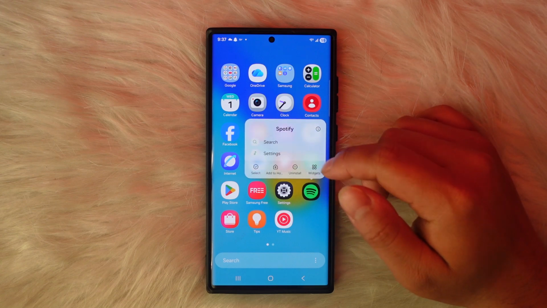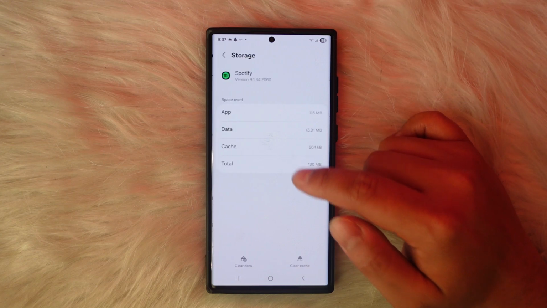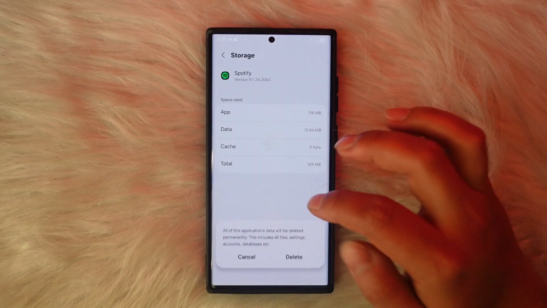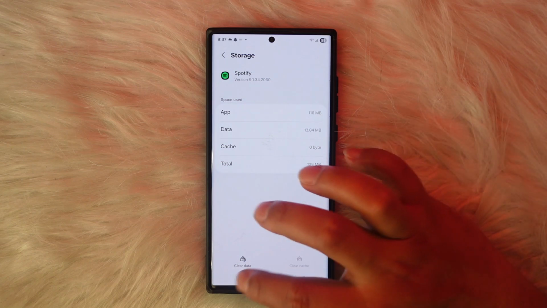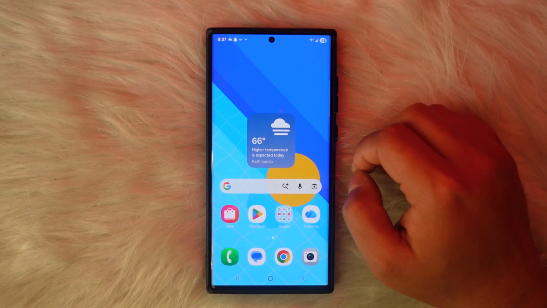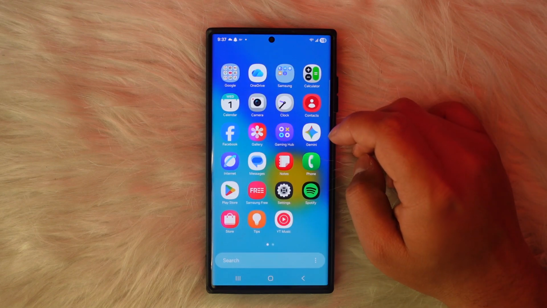data. So what you can do is tap and hold the app, head over to this eye icon. Once you're inside, tap on storage, tap on clear cache. Alongside that, what you can also do is tap on the clear data option. This will log you out of your Spotify account, so you'll need to add in your credentials and log in back. If this step does not work for you, then you'll also need to ensure that your phone has enough